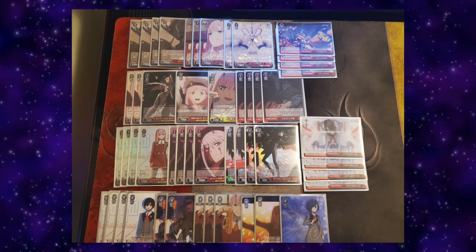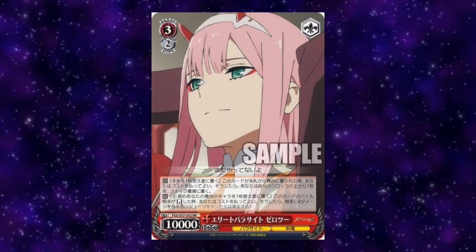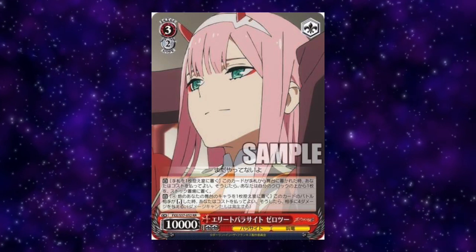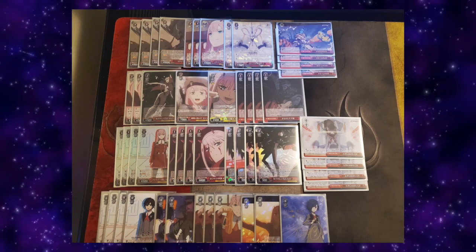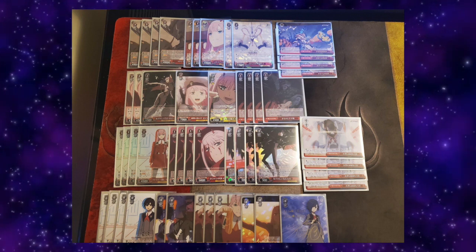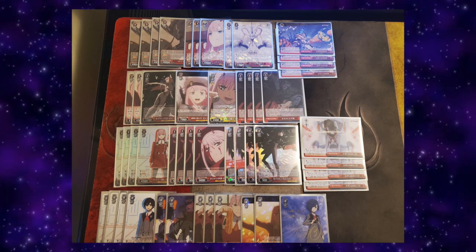Starting off with 4 Strelitzia, then 3 02 Elite Parasite. This card is an alternative finisher because on placement you can stock heal, then when it reverses something pay 4 and deal 4 damage to your opponent. Rounding out our first row is 2 Strelitzia Apis and 4 of our main climaxes to combo with our main Strelitzia. Kicking off row 2 is